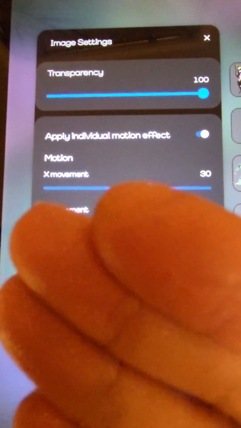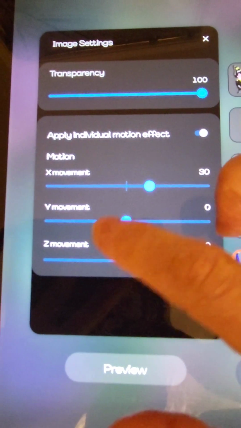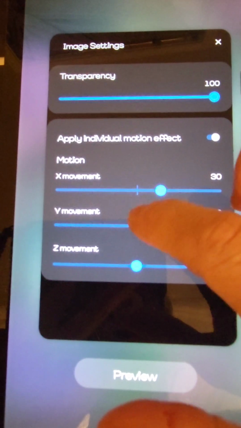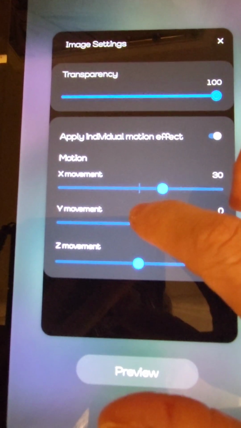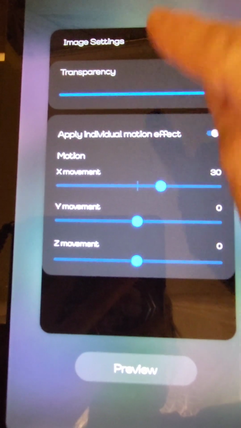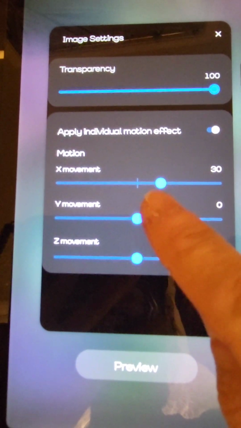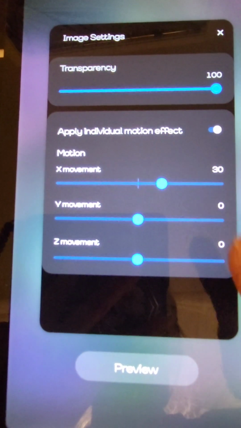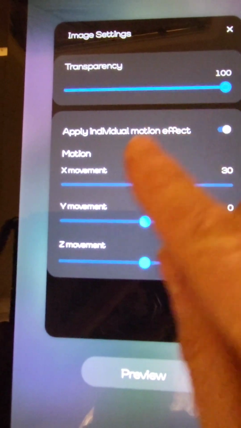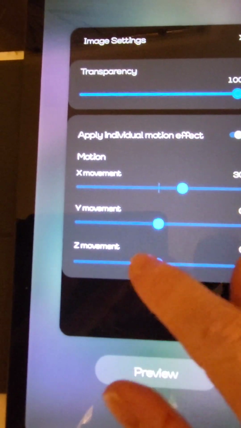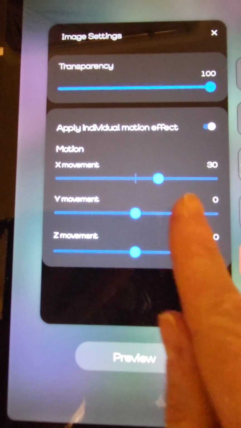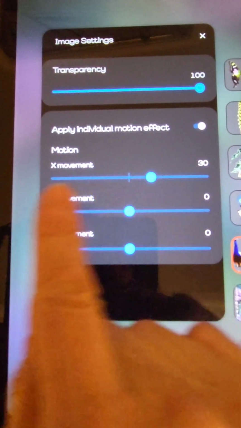So toward you and away from you. Y means that your image moves up and down, okay? That's kind of like an X this way and an X this way, up and down. And then Z is how much side to side or wiggle,